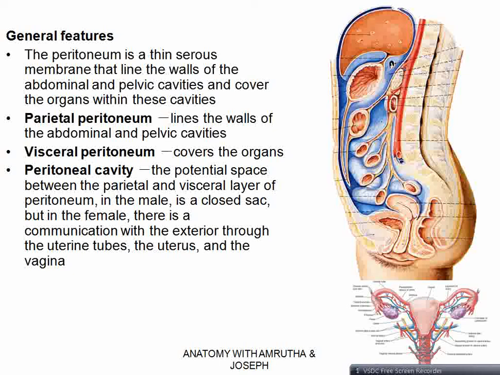Now let's see how these things are seen in the adult body. So here let's consider from the anterior aspect, parietal peritoneum that is covering the anterior abdominal wall goes upwards covering the inferior aspect of the diaphragm. After that, it is reflected onto the liver as the visceral peritoneum, covering the anterior surface, inferior surface of the liver. From the liver, it is reflected onto the stomach as the visceral peritoneum, covering the anterior aspect of the stomach, goes downwards and reflected back and covers the transverse colon.